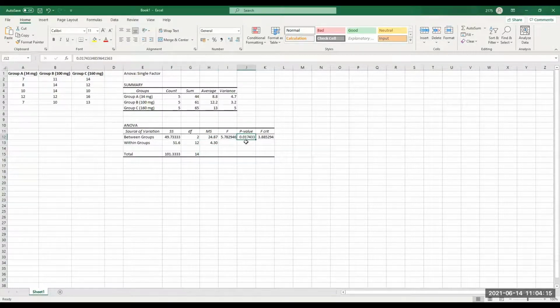We were able to find as well the P value. This is actually the exact amount that we saw in the module number 6. So 0.017. So that's it. That's how you do analysis of variance